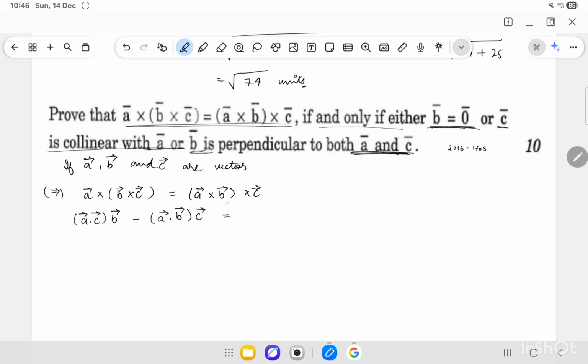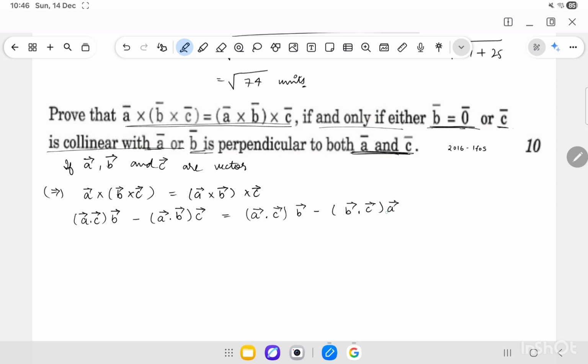And likewise, if I expand the term on the right hand side, it will be equal to the dot product of A vector with C vector times B vector minus the dot product of B vector with C vector